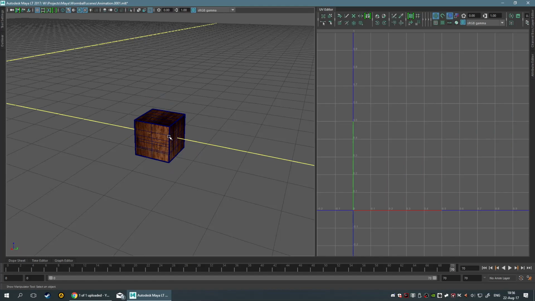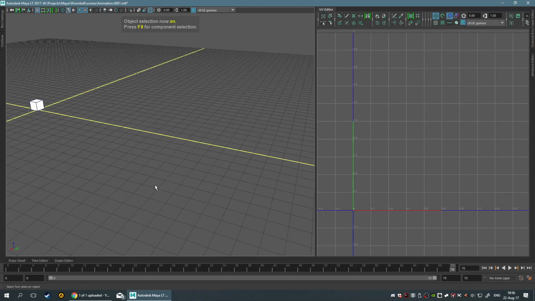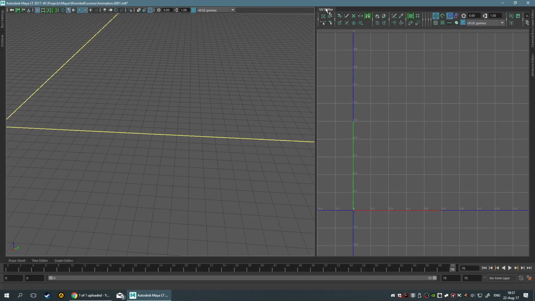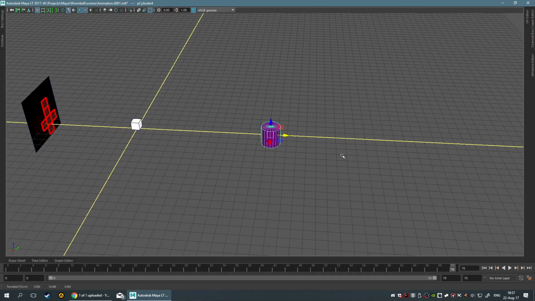right now. But there's one more thing I wanted to show you, because not always are you going to be dealing with cubes. Sometimes you may be dealing with pipes, and that's actually a very real situation. So let's create a pipe really quick. I'm just going to drop a poly cylinder and move it out, and